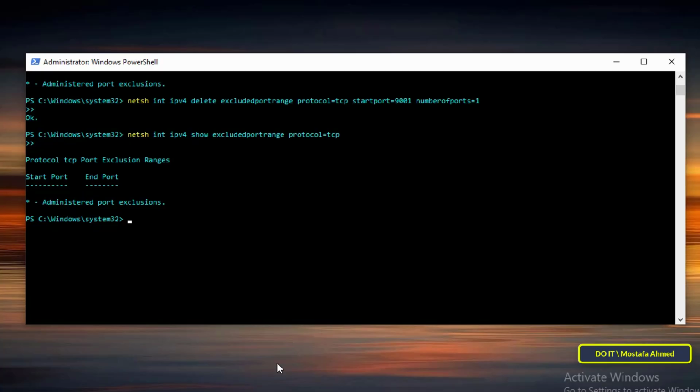This simple process is an effective way to prevent system conflicts and ensure your applications run smoothly without being hindered